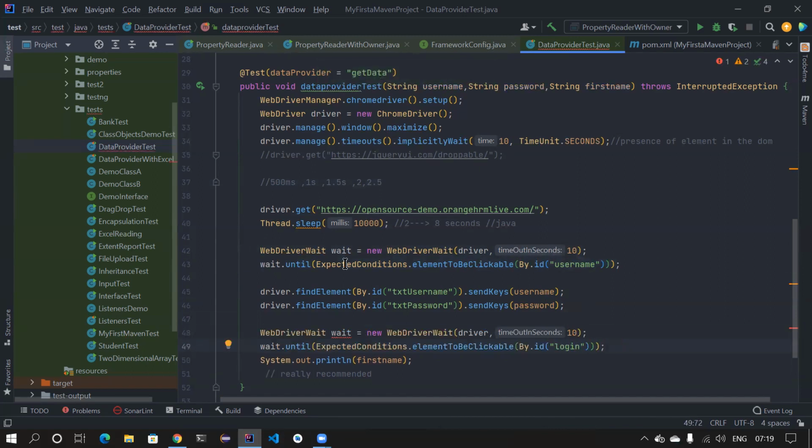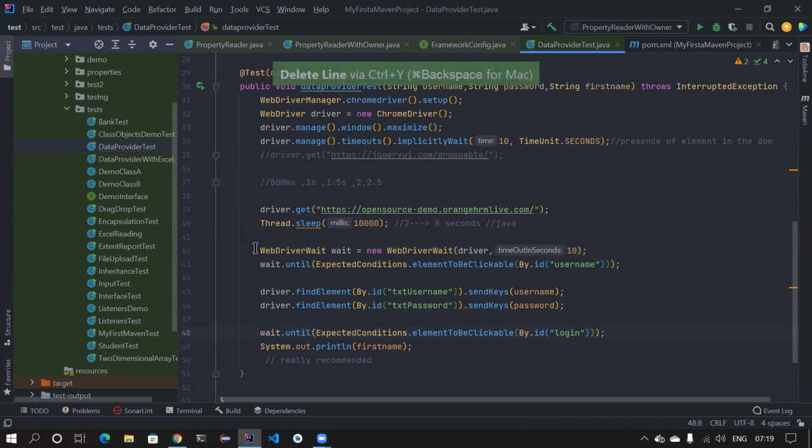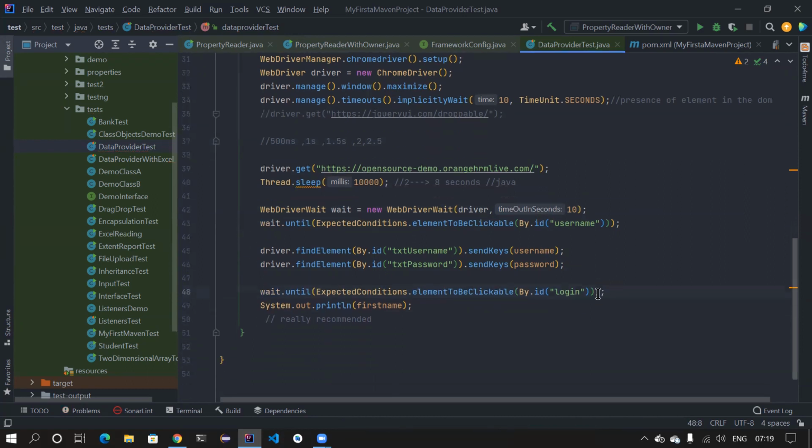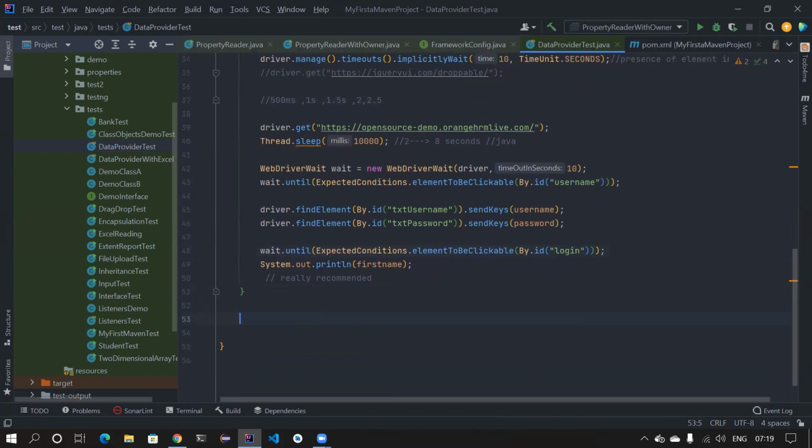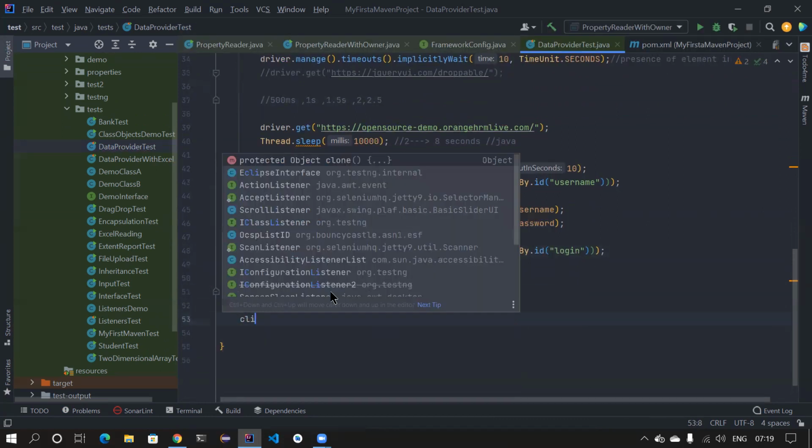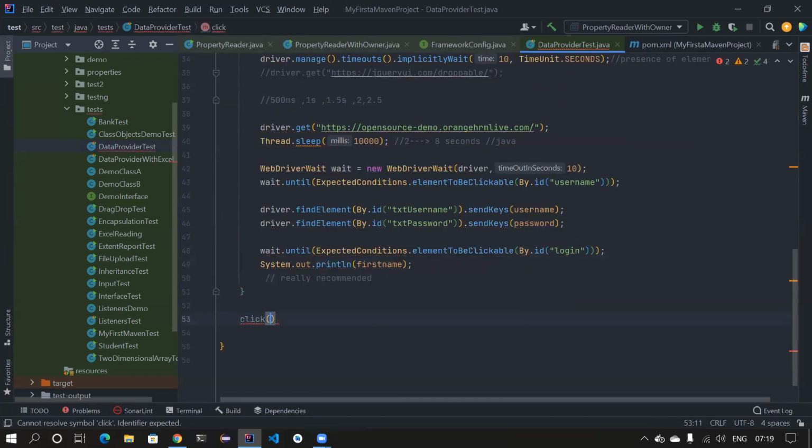Hey Hamudan, then it is actually a problem, right? We are writing the same line of code everywhere. So no problem, guys. Normally we create a method called click. You will create a method called click, and then if someone is passing me a by type,